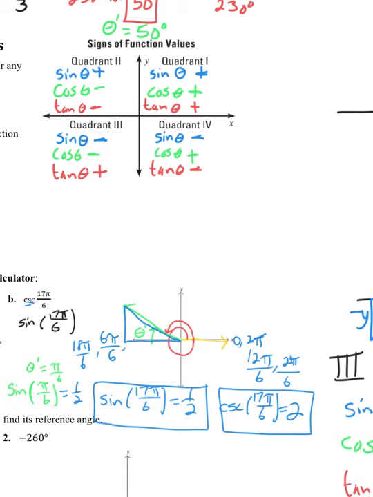But what I need you guys to do, because it says evaluate without using a calculator, you can definitely use a calculator to check your answer, but if the answer is like √3/2, your calculator is going to give you some weird decimal and you're not going to know what that means. So you have to be able to do this by hand, and you have to be able to show me work to support it, so that I know you're doing it by hand and not just putting something in your calculator. So make sure you know how to show me these steps. And right now I want you guys to